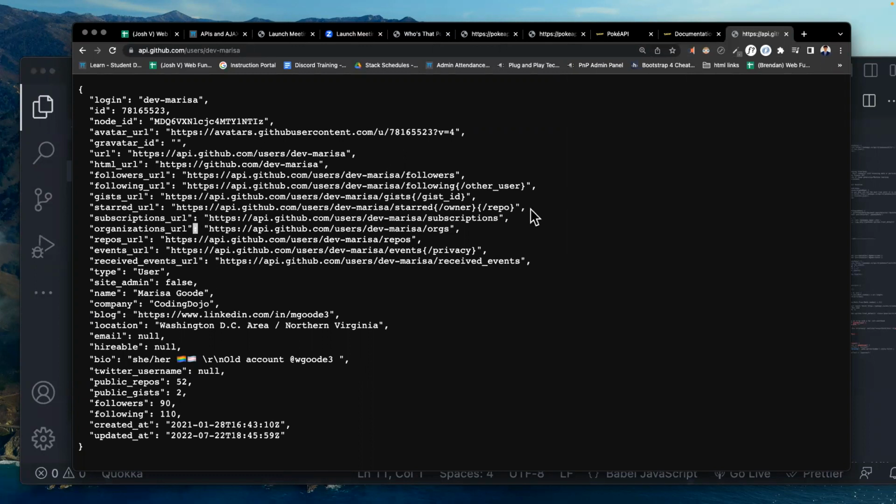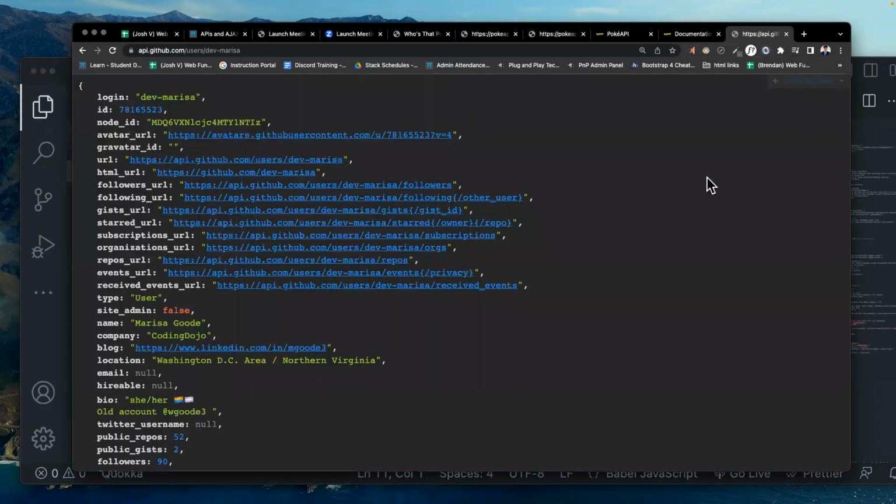This is just information. In this object, we have the key login, value dev Marissa. We have the ID. We have this ID value. We can see this a bit earlier. I have this Chrome extension called JSON View. If I click it, it takes JSON objects and makes them a bit more readable.